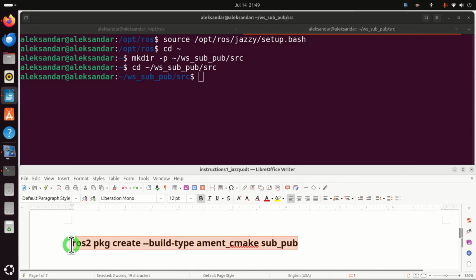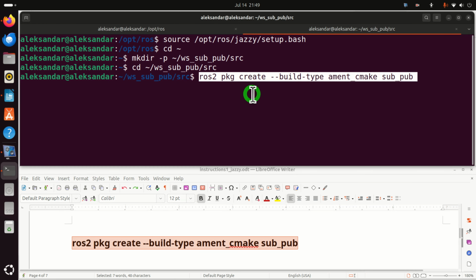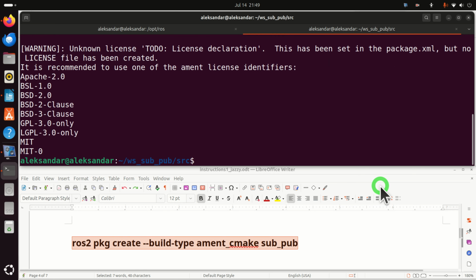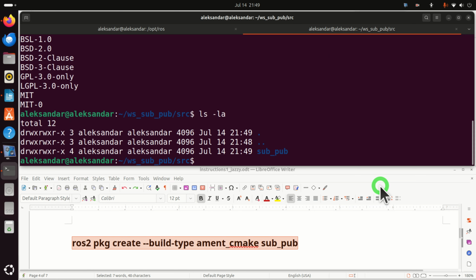To create a package, I need to execute this command. So this command starts with ros2 pkg create, and then I'm specifying the type of the build, which is ament_cmake. Cmake is basically the type of the build, and over here I'm specifying the name of my package. The package will be subpub. Again, you can change this name later on once you know very well what's happening behind the scenes. And I will press enter. Now, what you will see over here is our main package folder, subpub, and